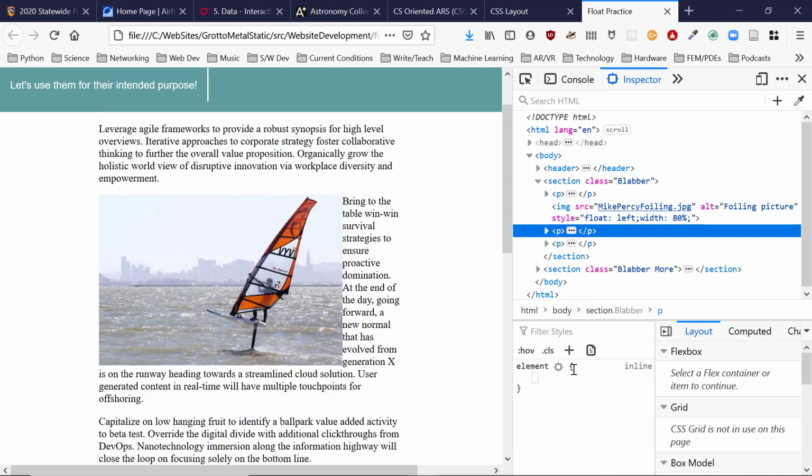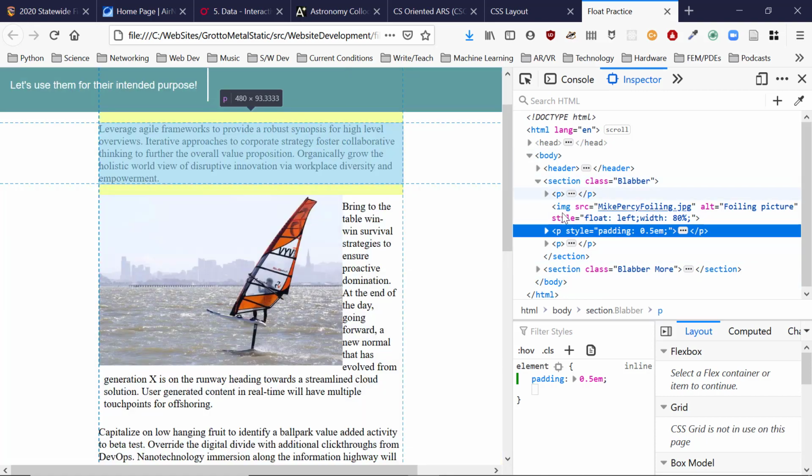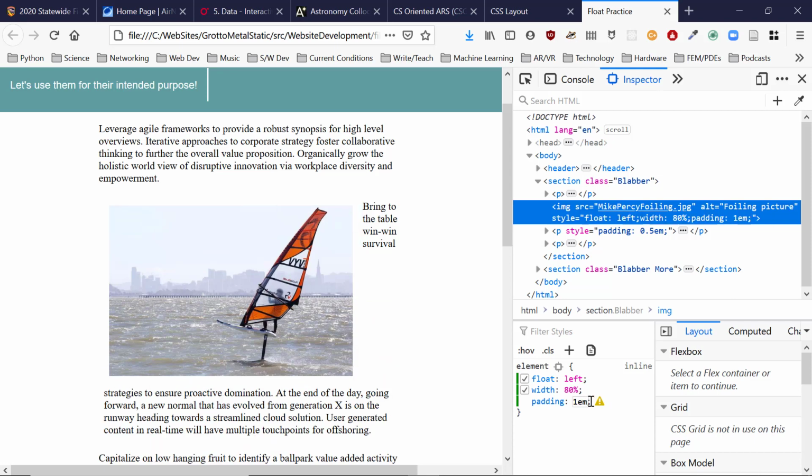Let's clean that up a little bit. Let's go padding 0.5 em. Does that do anything? There, but not here. Interesting. Let's go back to the image. Let's see if we can add some padding to this guy. Padding 1em. So it's not 1ml. 1em. Okay, so that is giving me some nice looking stuff, but this guy now seems too